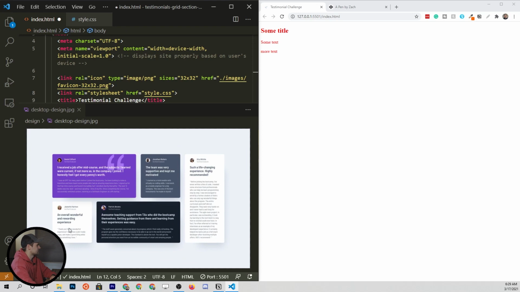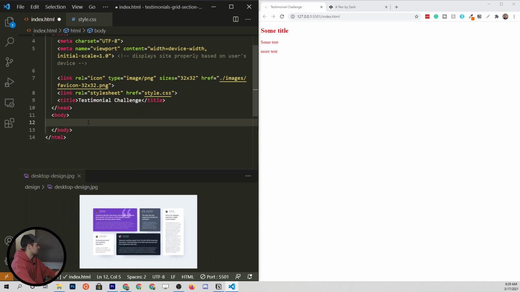Now, the most obvious place to start, if we make this a little bigger, we have 1, 2, 3, 4, 5 containers, and they all have slightly different styles. It looks like the 2 white containers here may have the exact same style, but for now, let's just give them all a unique ID so that we can select them with CSS a little bit easier. To do that, with Emmet abbreviations, you can just type the hashtag and then whatever ID you want to give it. I'm just going to number these, so we'll say testimonial-1 and then click tab,